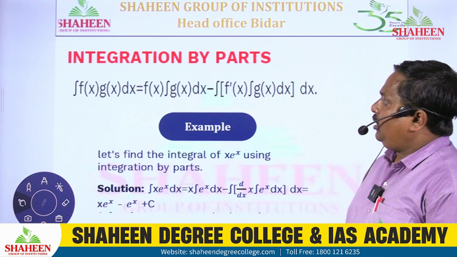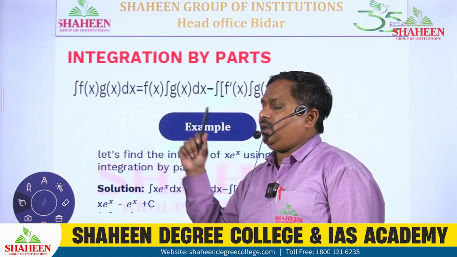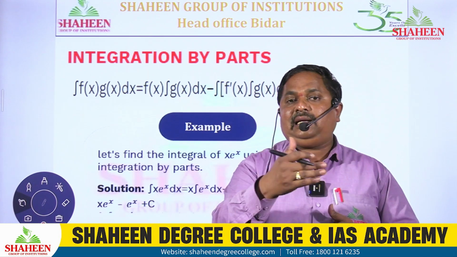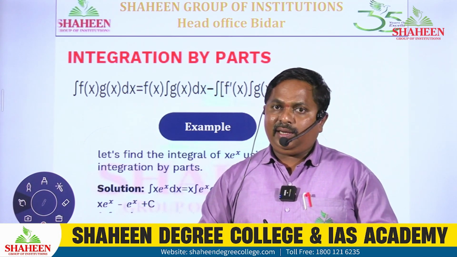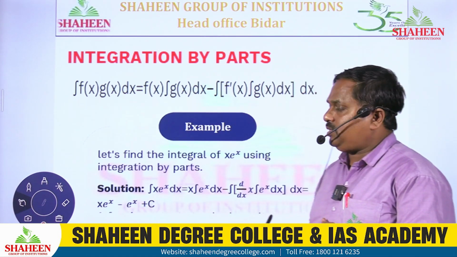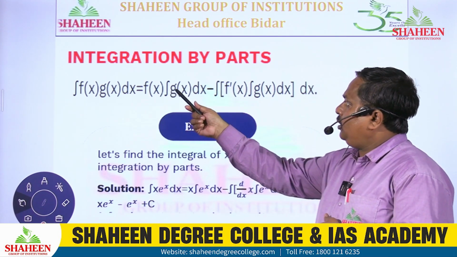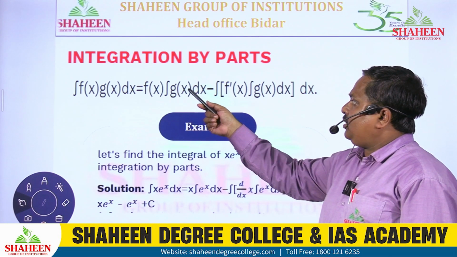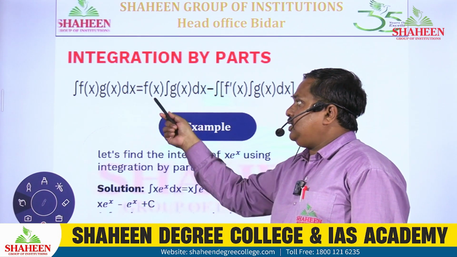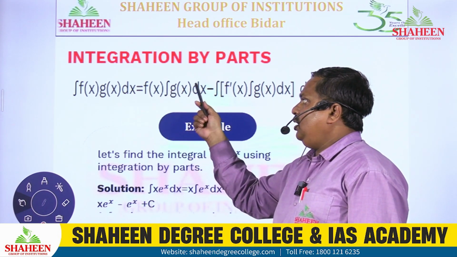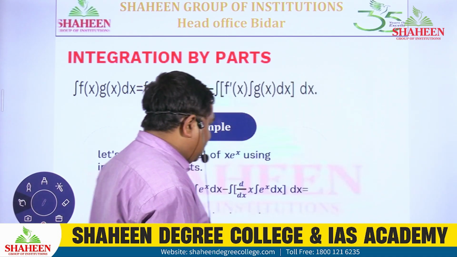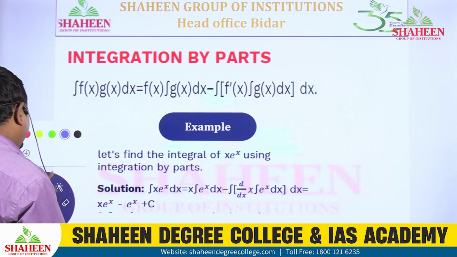The integration of f(x) into g(x) dx, meaning two functions in multiplication that we are going to integrate, the rule is called integration by parts. How we integrate in this rule: integration of f(x) into g(x) dx equals f(x) as it is, into the integration of g(x), u into the integration of v. So we can also write this formula like this: